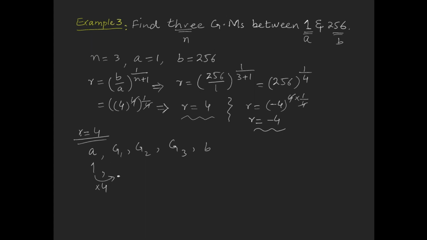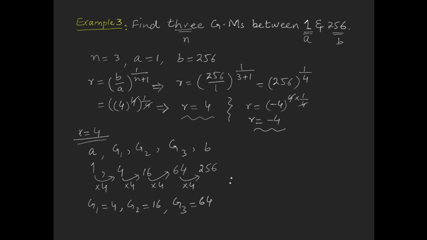So the first geometric mean is 4, because 4 multiplied by 1 is 4. Now again multiply by 4, 4 4s are 16, then multiply 16 by 4 again and we get 64, and 64 multiplied by 4 gives 256. So the first geometric mean is 4, the second geometric mean is 16,